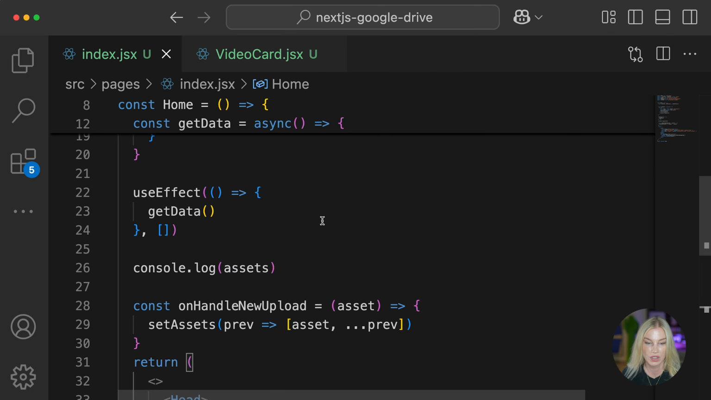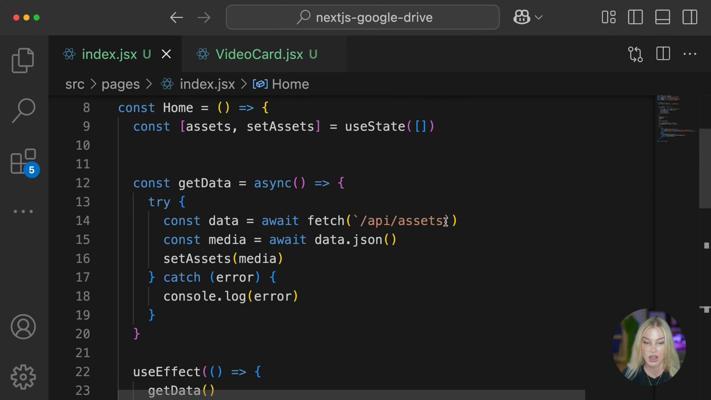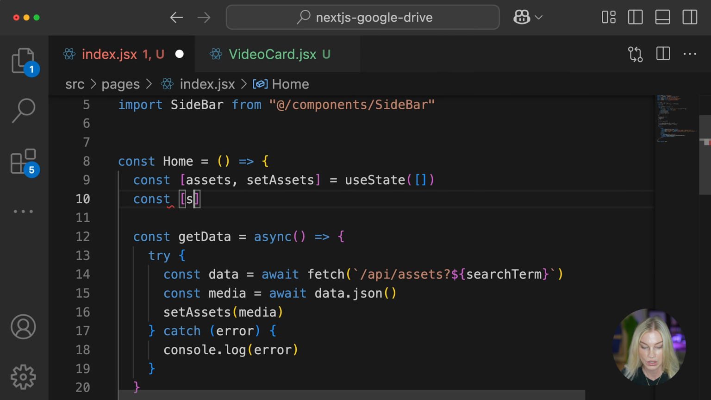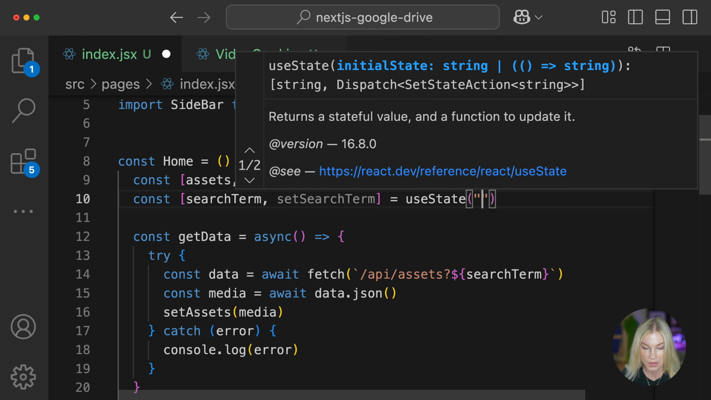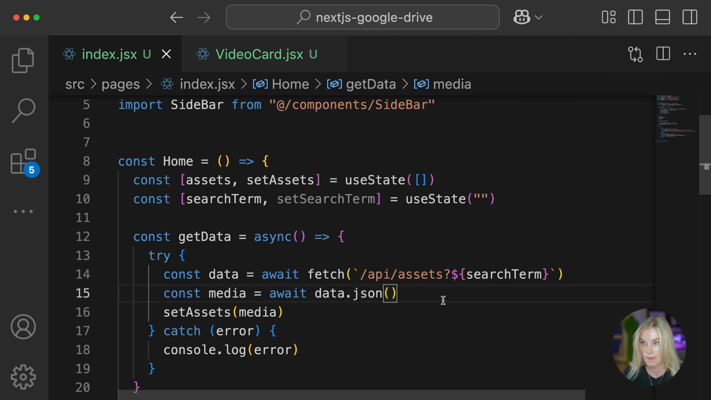So in order to do this, we're going to pass through the search term when we make that fetch request. So all we're going to do is simply use the question mark, and I'm going to pass through the search term. Of course, we need to save the search term somewhere, so I'm going to save it here too. Const search term, set search term, useState, make it an empty string for now, and then we want to